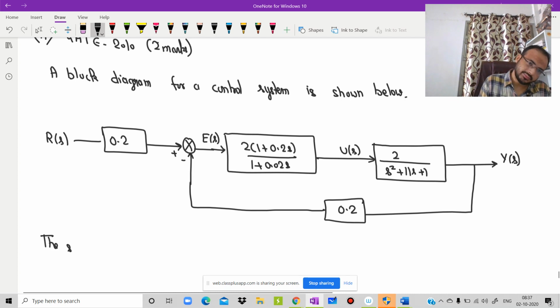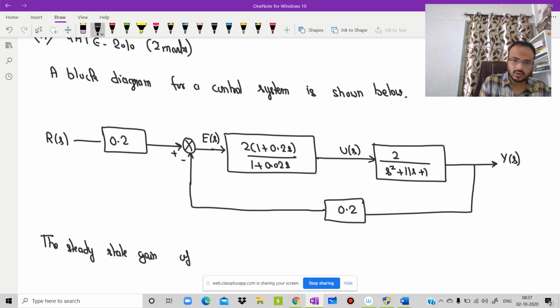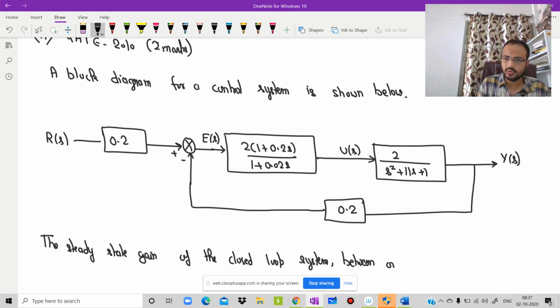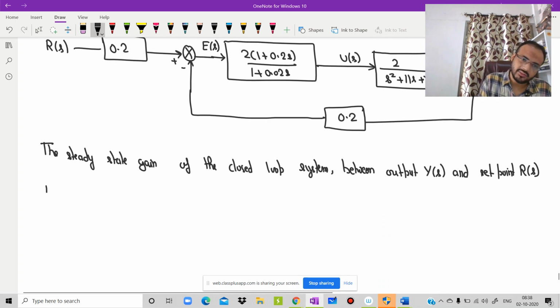The steady state gain SSG of the closed loop system between output Y of S and set point R of S is given by